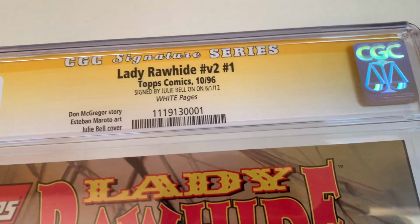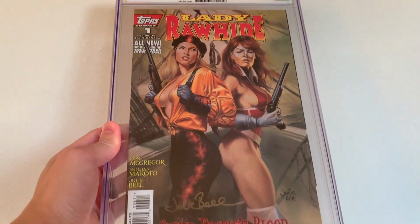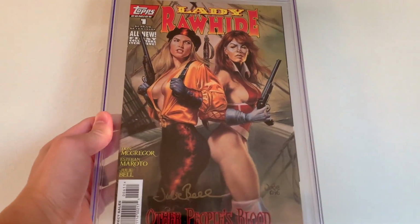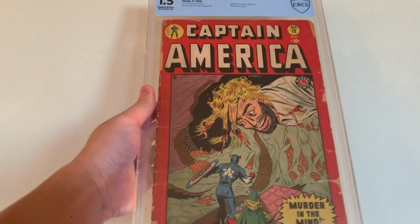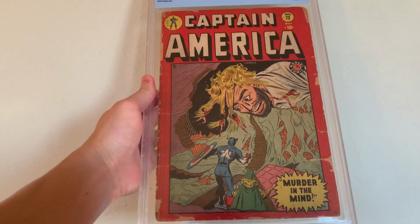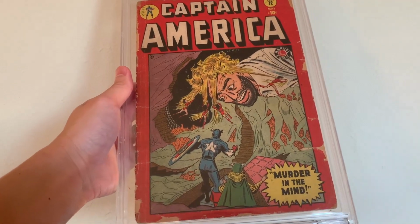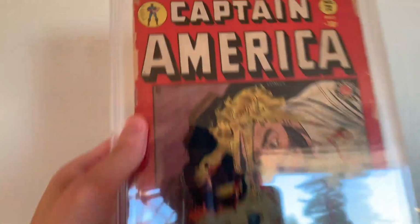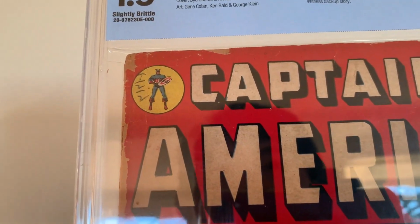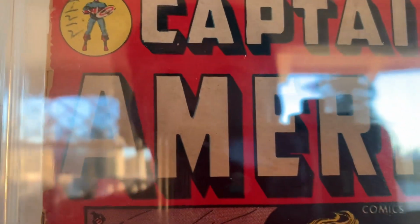But anyway, yeah, I'm really excited to have this, and it's 9/8. This was signed back in 2012. Man, it was a long time ago. But yeah, I love this cover. All right, next up is for all you Golden Age fans out there. This is Captain America 72, one of the creepier, more horror-themed covers. Who's the cover artist? Gene Colan? Oh no, Sid Shores and Al Vizin,